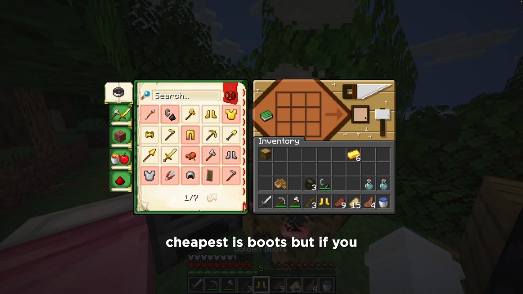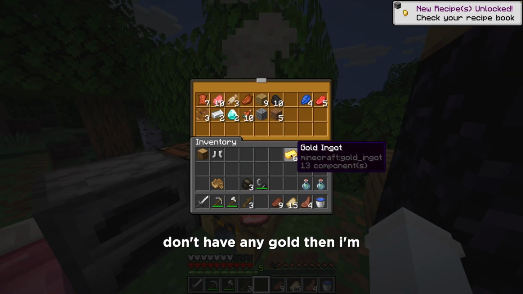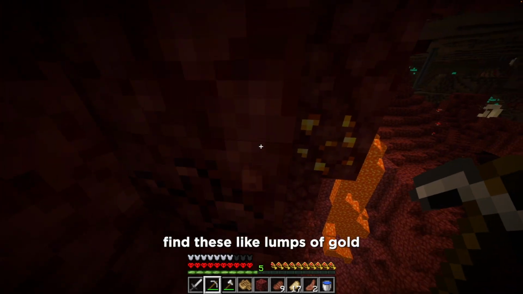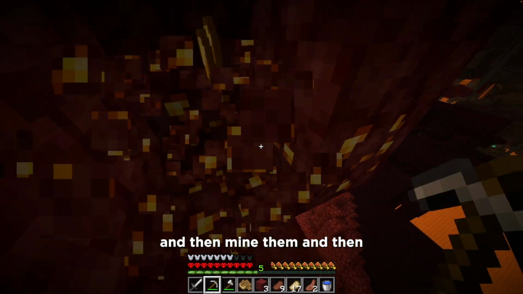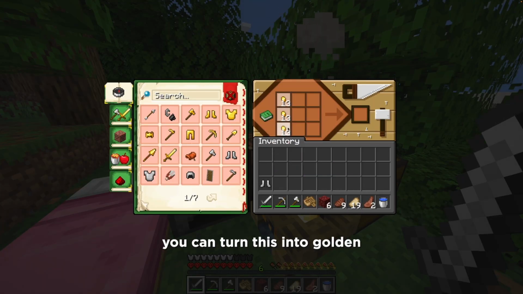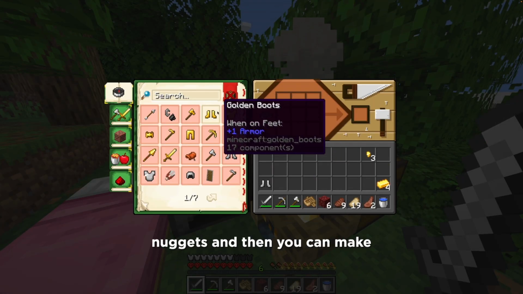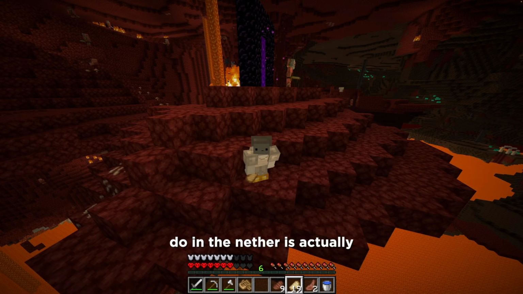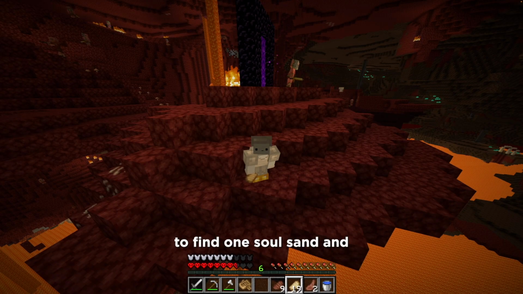So the cheapest is boots, but if you don't have any gold, then I'm gonna show you how you can get this. So yeah, you would just find these lumps of gold and then mine them, and then you will get nuggets, and then you can turn this into golden ingots, and then you can make gold boots just like this. So the first thing you want to do in the Nether is actually to find 1 soul sand